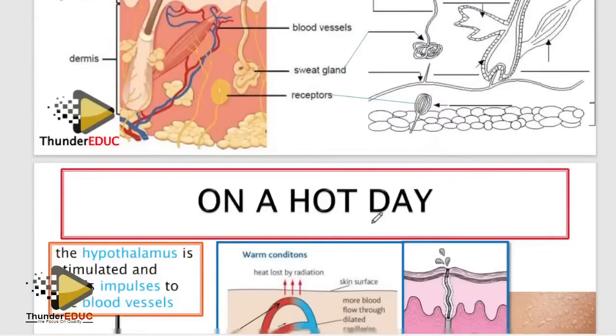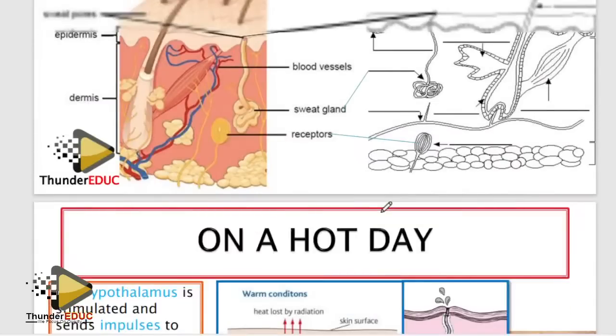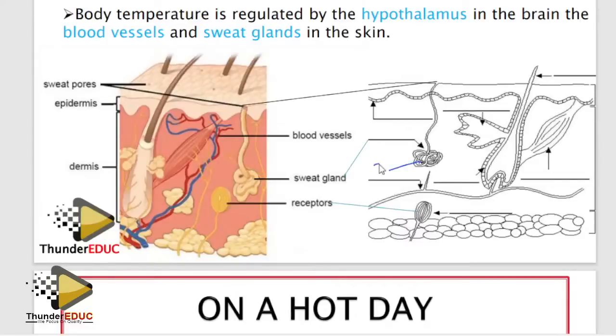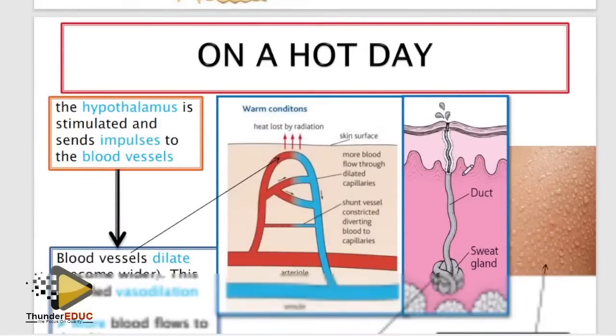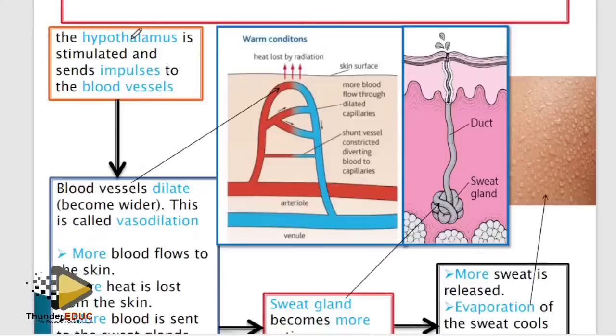Skin. S. So sweat, what you need to know about is sweat gland, sweat duct, sweat pore. Then what you produce is sweat. Sweat gland, sweat duct, sweat pore, and then sweat. So the S, if they ask you to label, and then blood capillaries, that's it, nothing else. So here, hot day, you'll be seeing more sweat. So please know how to operate this.